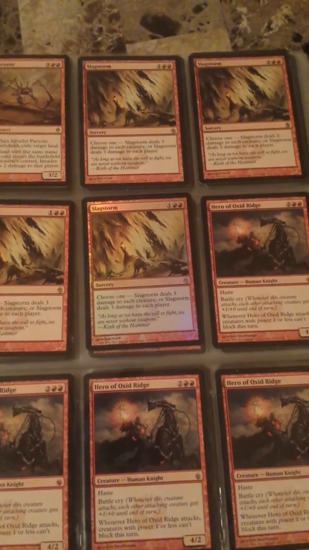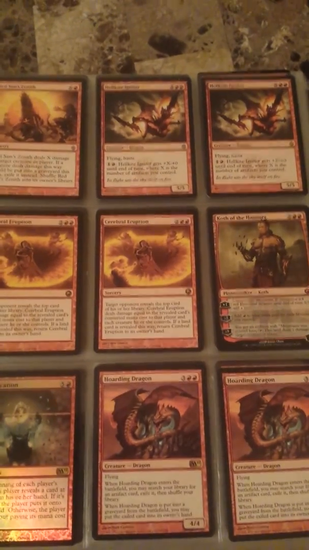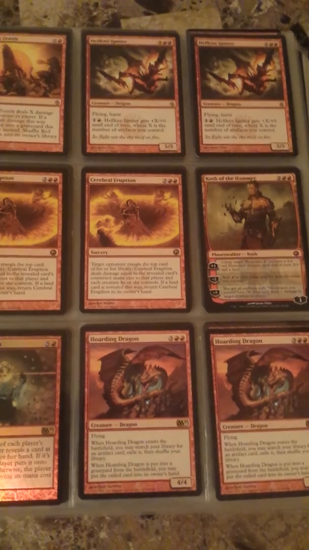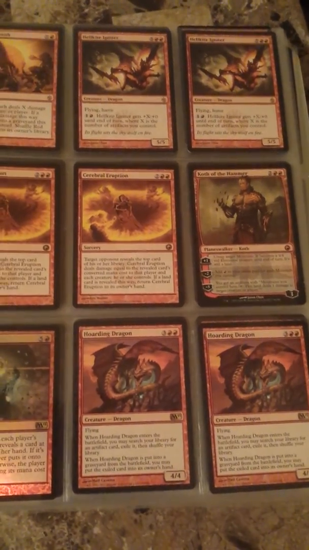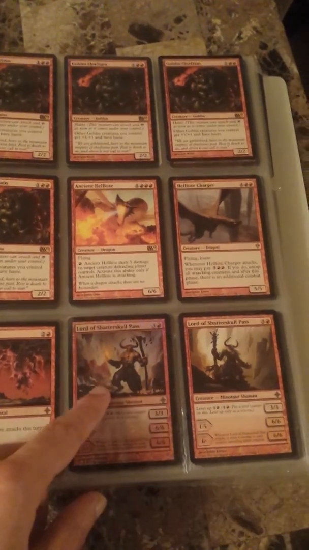For red, Invader Parasite, there are 4 Slagstorm, 1 is foil, 4 Hero of Oxid Ridge, a Red Sun's Zenith, 2 Hellkite Igniter, 2 Cerebral Eruption, a Koth of the Hammer, a foil Wild Evocation, there's 2 Hoarding Dragon, 4 Goblin Chieftain, an Ancient Hellkite, Hellkite Charger, Rage Nimbus, 2 Lord of Shadowskull's Pass, this one is the promo,